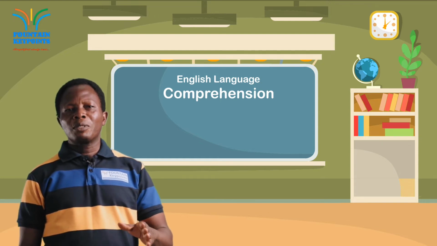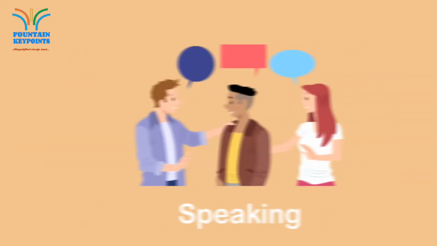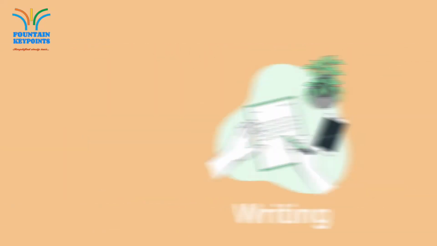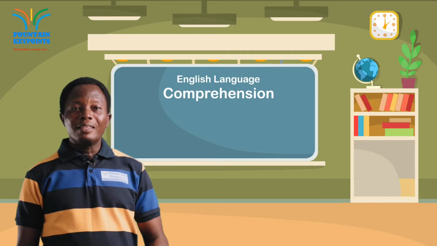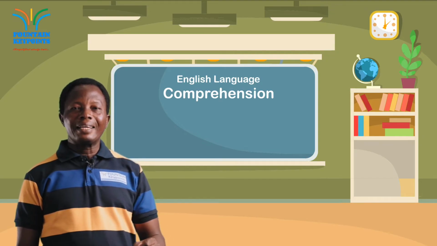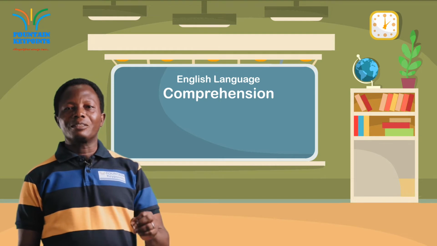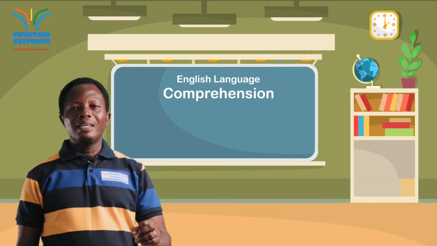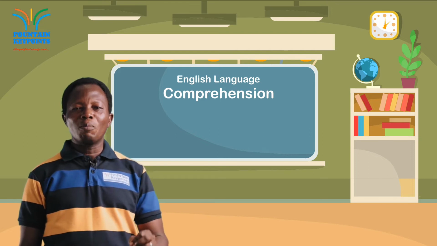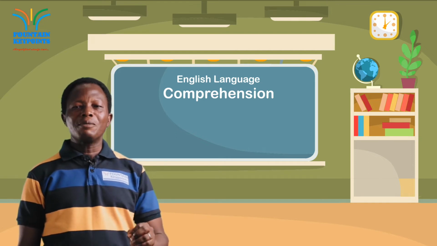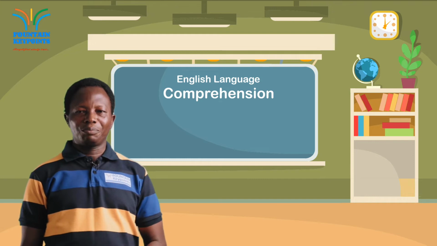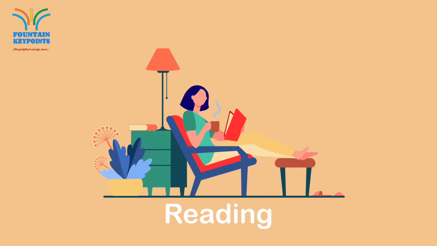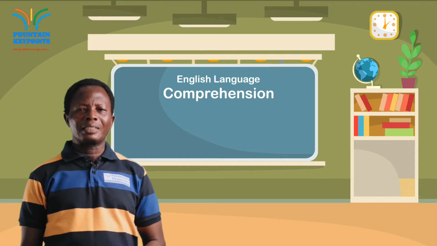When we talk about the fundamental skills of language, we're talking about speaking, reading, and writing. The first skill a person learns as a child is speaking, and we are keeping listening out of this. Every human language has three main basic skills, namely speaking, writing, and reading. They are fundamental to learning and understanding language.